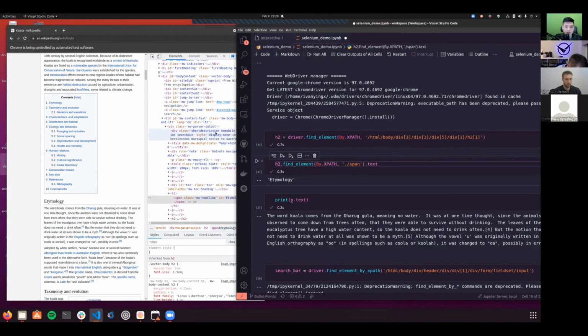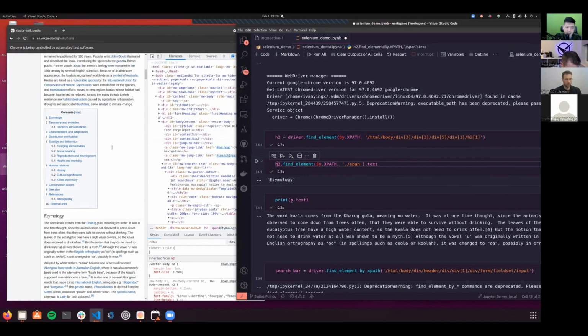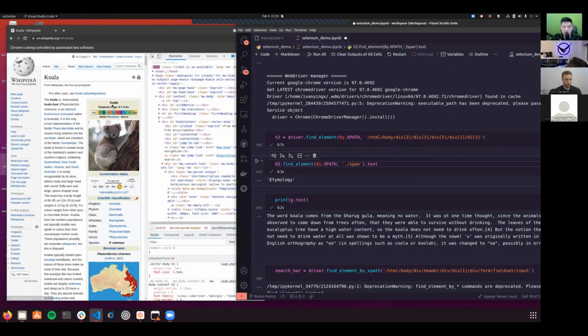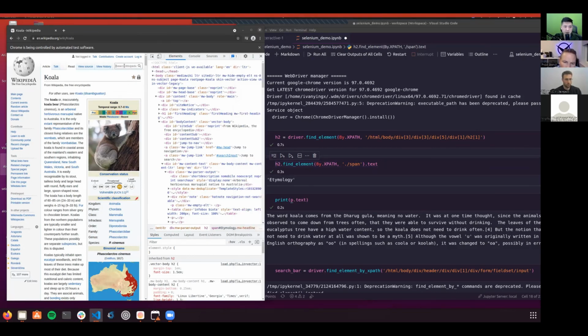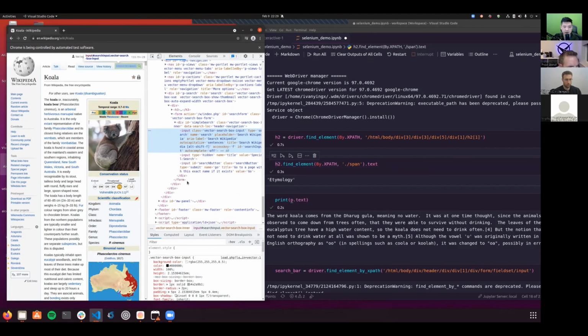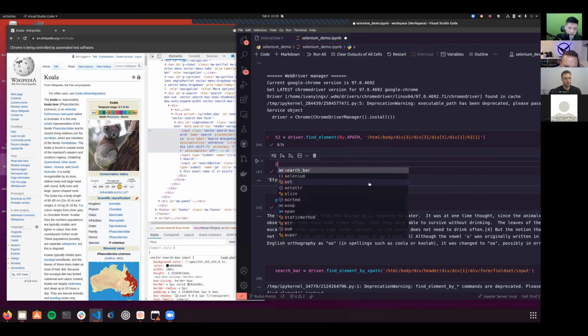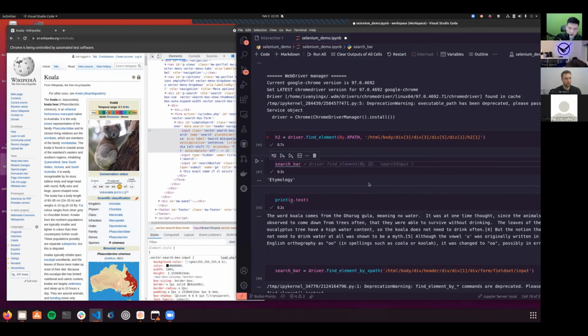Cool. So we are running out of time, and there are just a couple of things I want to show you now that we know how to handle XPaths. Something we looked at yesterday is basically how to use search bars in Selenium. So I'm going to inspect the search bar, and in this case we have a tag whose name is input and whose class is vector search bots input. So we can say that search bar is going to be equal to